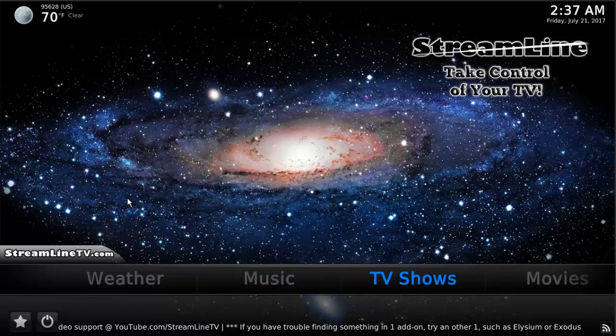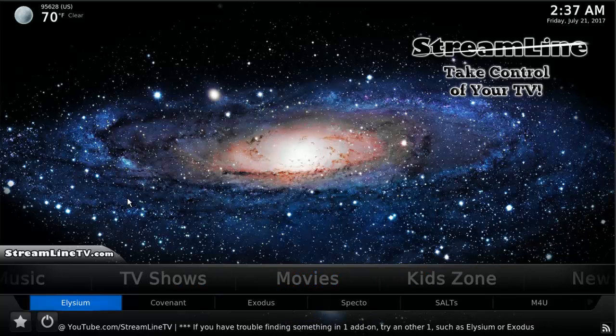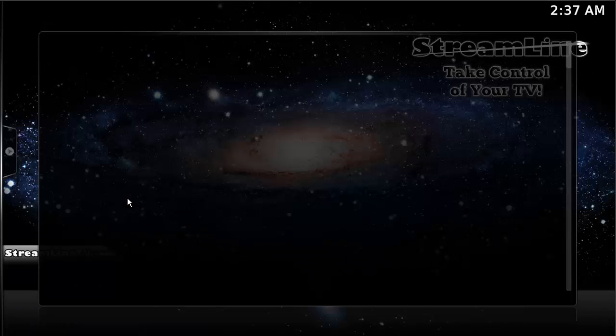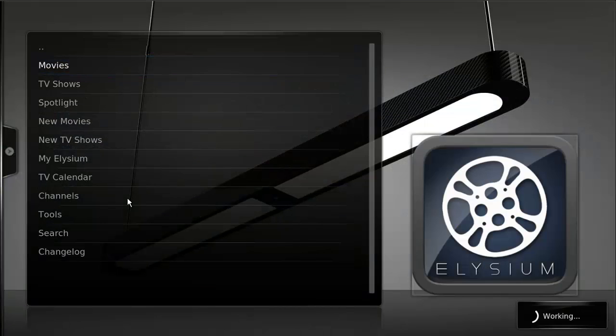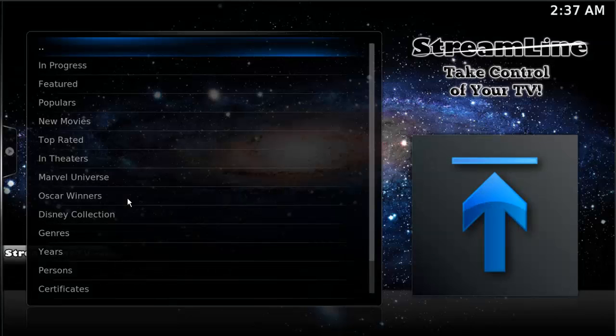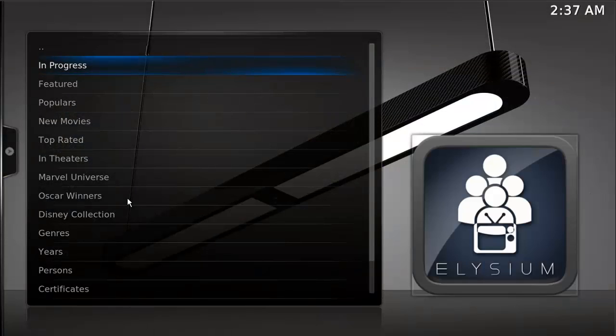So let's go over to movies, and we can check out Elysium. Again, we're just clicking on the very first one, and then we'll go over to the next one after that if we don't like what we find here. You can go into movies, and you can see right there it's also got TV shows. So this is good for movies and TV shows. In fact, if you went over to the TV shows tab, you would see Elysium listed there as well. So you can see things like in progress,